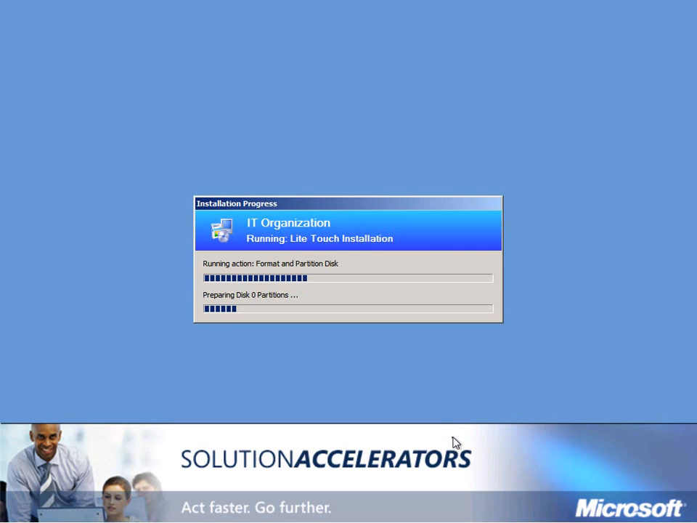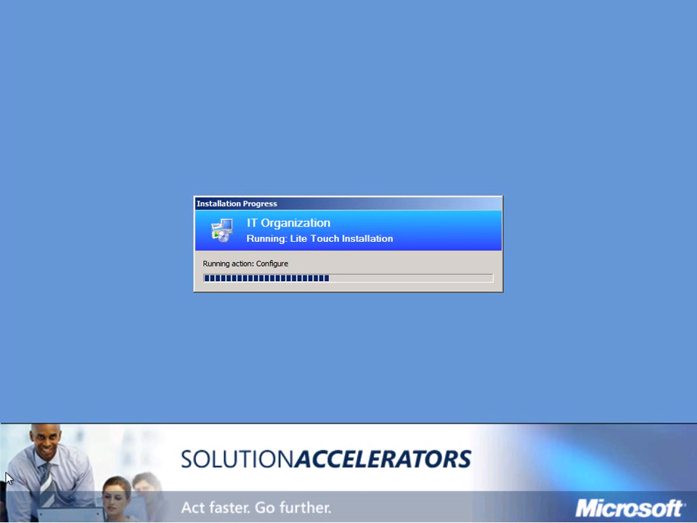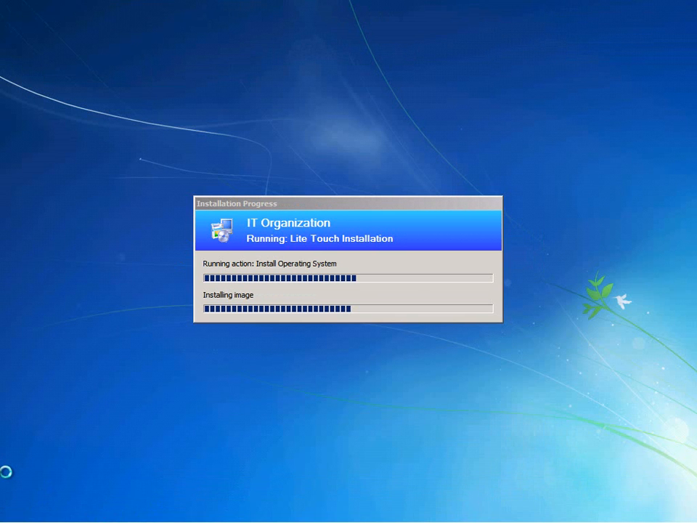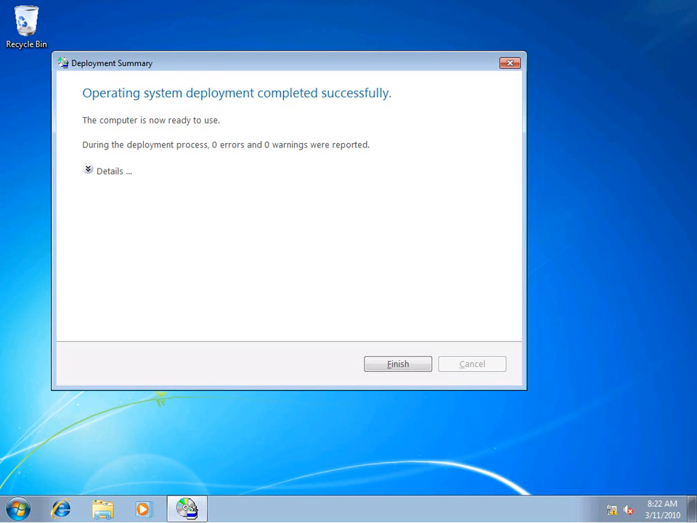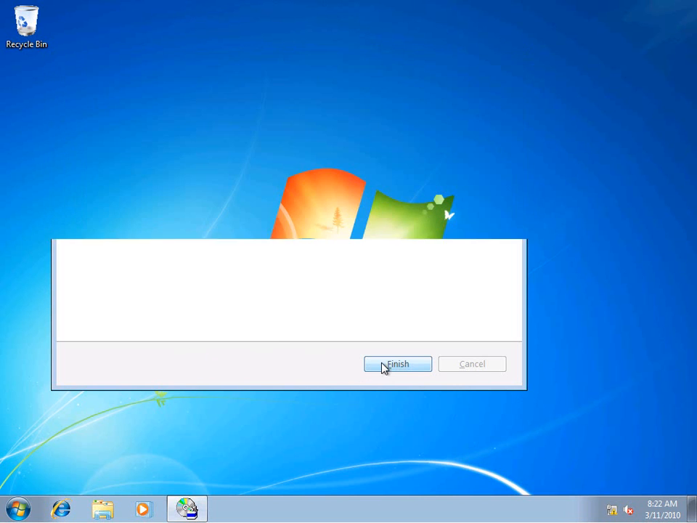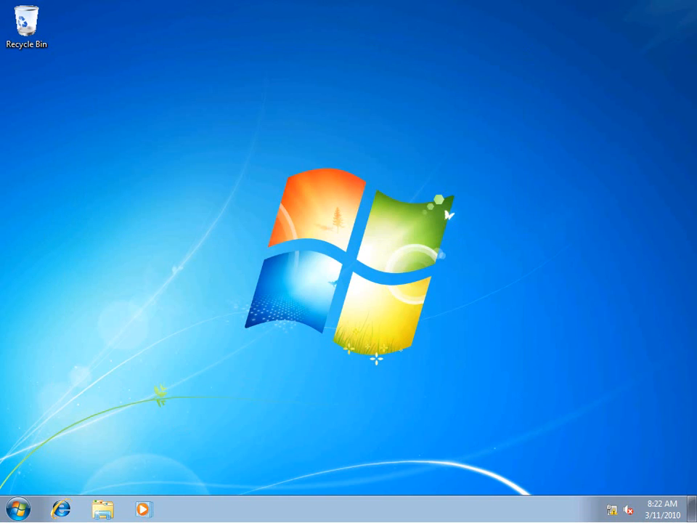So it gathers the local data, and then it goes right into formatting my drives, setting up my partitions, stuff like that. And it will go through the process of installing the OS, any applications I might have set up, my different preferences and stuff like that. So that's going to take about 30 or 40 minutes, and we're going to fast forward and get to the point where we're at completion. After fast forwarding, we get to the point where the operating system deployment completed successfully, and we can